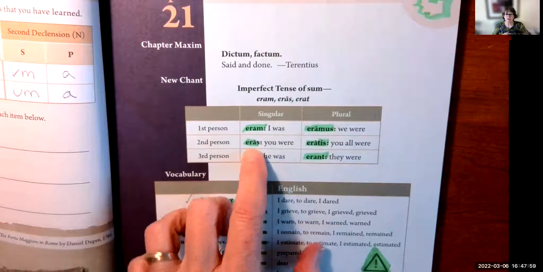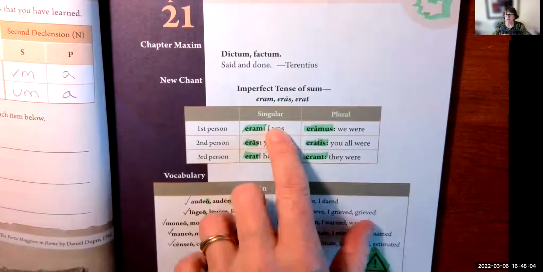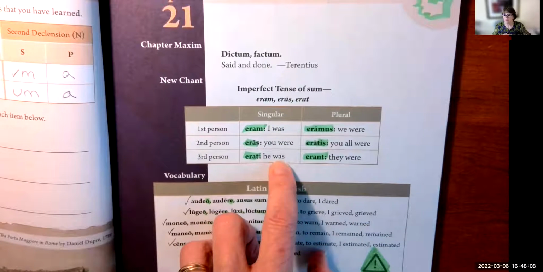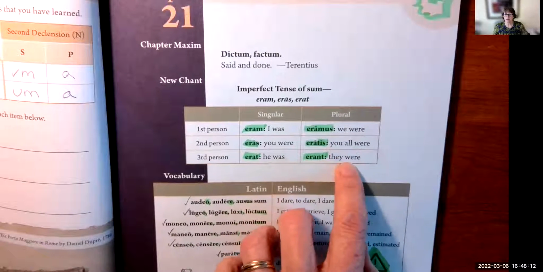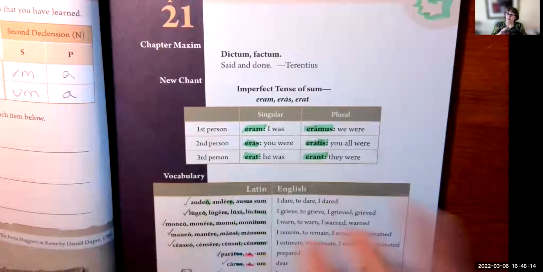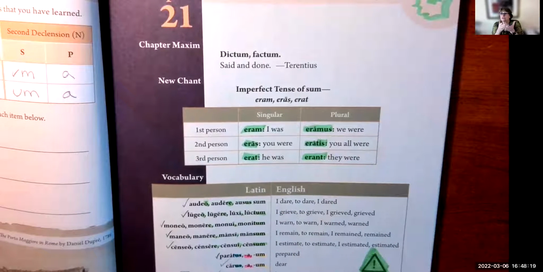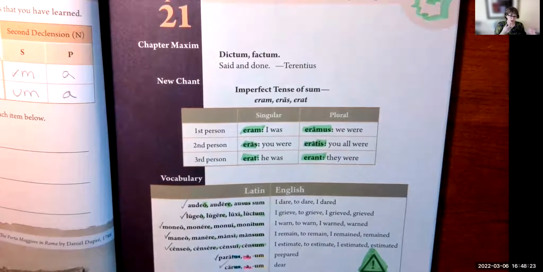conjugation. Eram, eras, erat, eramus, eratis, erant. Eram means I was, eras means you were, erat means he, she, or it was, eramus means we were, eratis, you all were, erant, they were. There are no rules with an irregular verb. You don't go to the infinitive. You don't cross out an RE. There is no RE. So you memorize it.